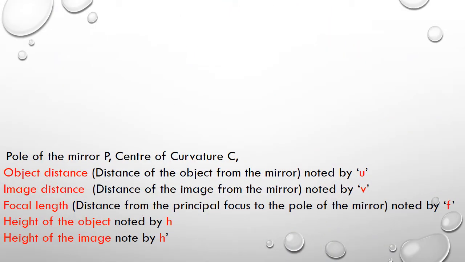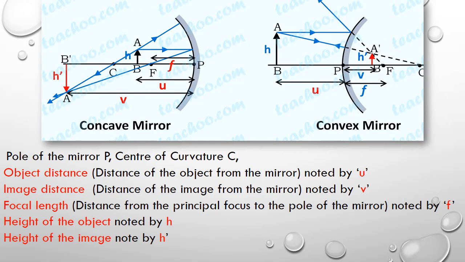Children, to start with our numericals based on spherical mirrors, we have to be very thorough with the sign convention. So let us try to apply the sign convention in the following terms and come to some conclusions which will be helpful for us to do our numericals. As examples, you can see here two ray diagrams shown. One is a concave mirror, there the object is kept between F and C, and you can see the image A'B' formed beyond C. You are familiar with it.